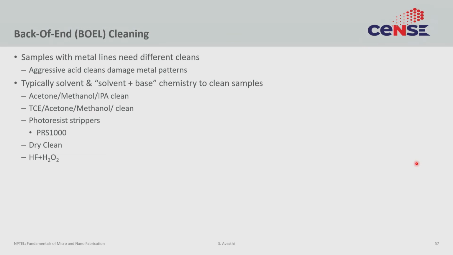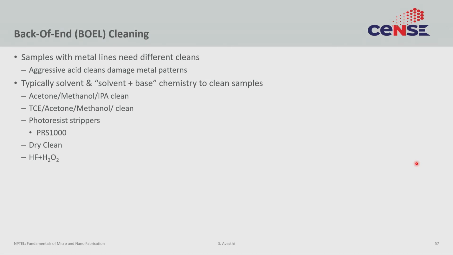Okay. So, once you have deposited metal on the top, then you are in what is called the back end, and towards the back end processing, you need to have recipes that allow metal. So, the standard RCA and Piranha etc. are no more useful. So, you need to have recipes that tolerate metal. So, one of course, one that we have discussed is solvent. So, solvent cleans are often used, and that is listed here.